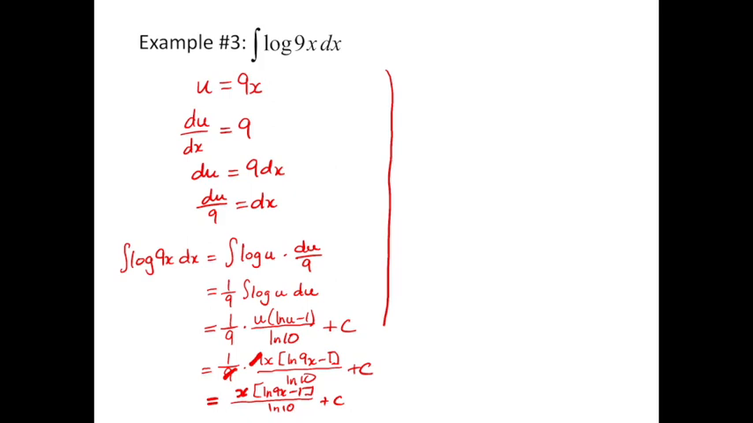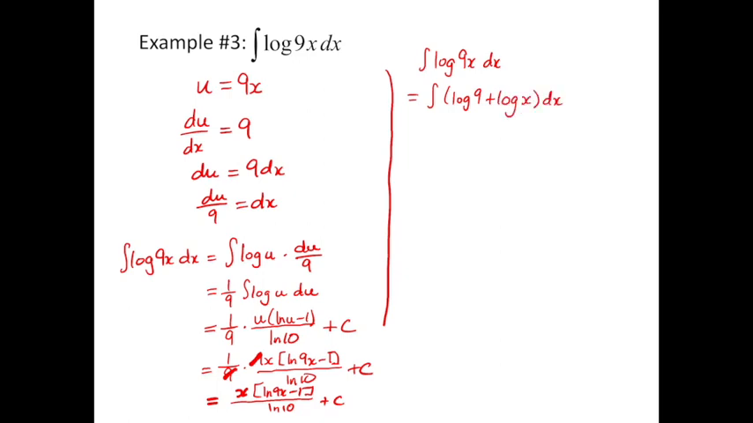So that would be our final answer. So that's one way that we can approach it. The other way to approach it would be to use our properties of logarithms, to take that log of 9x and break it apart to say that this is the integral of log of 9 plus log of x